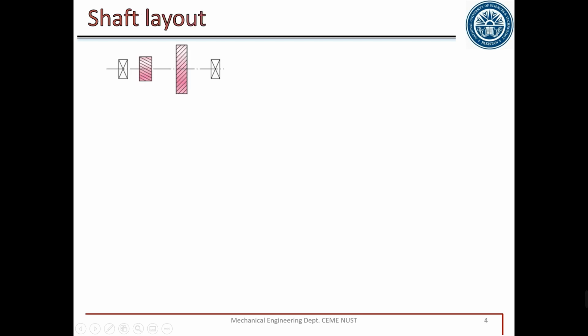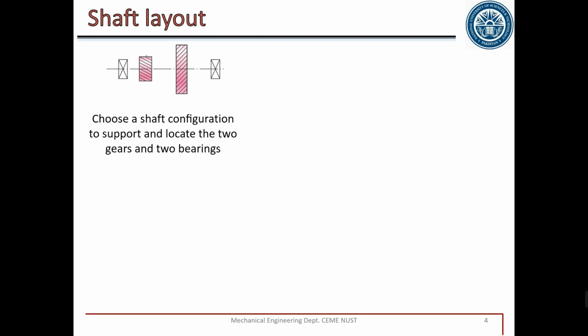Which are those components? How do we design a shaft? The basic purpose of a shaft is to transmit power. For example, let's say we have this component. We have to transmit power from, let's say there is a motor attached here, and from that motor we have a gear. The gear is rotating with an RPM, and we have to transmit this power through this gear to some other component to further transmit the power. So first of all, we have to transmit this power.